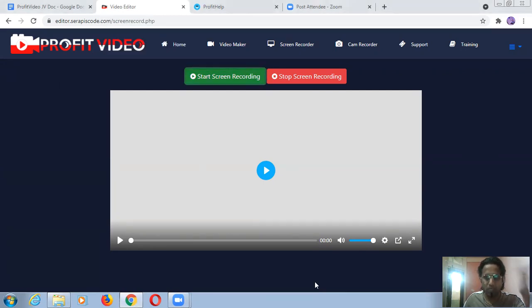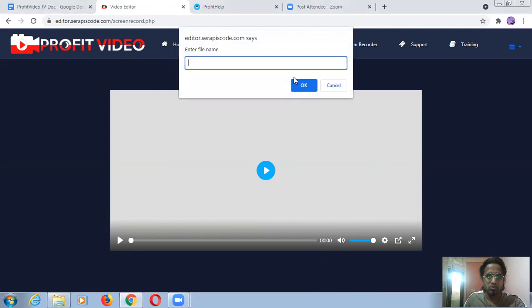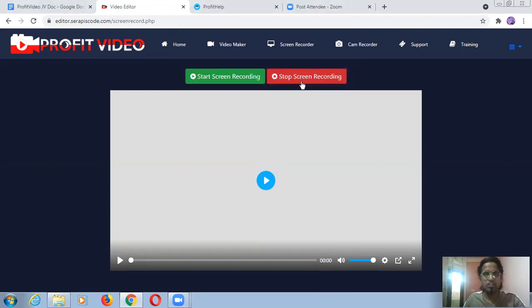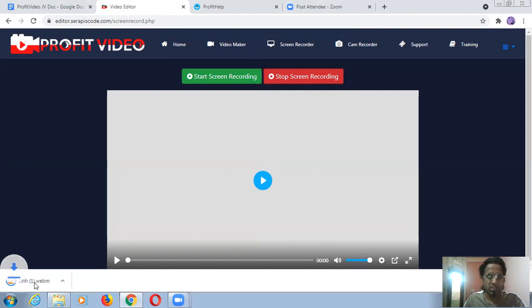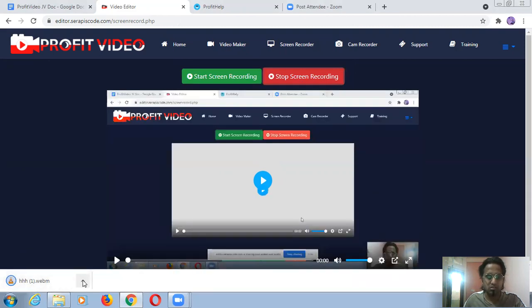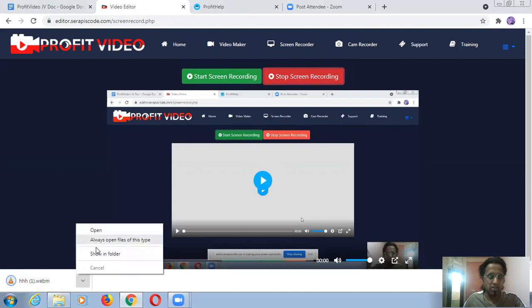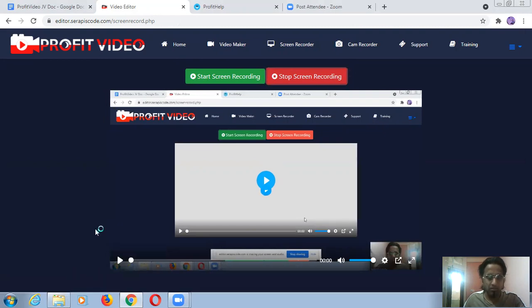Is this working properly, and will it store my file or not? File name 123 triple H. Here you can see it is storing my file. For example, I open it so that you can confirm whether it is working or not.